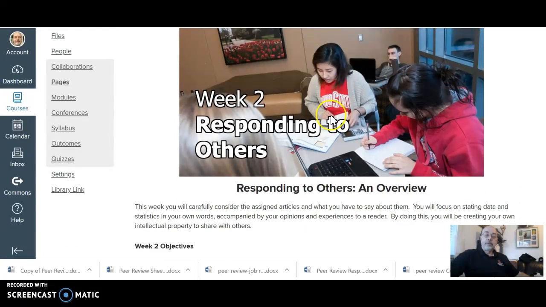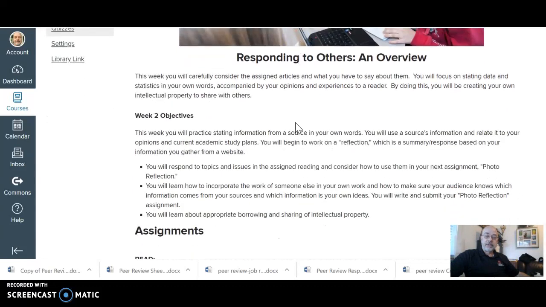You're going to be responding to others in this assignment, just like you do on your discussion boards. Do not forget to post your discussion board questions: a summary first, then the answer to the question, and then respond to one of your peers. But do the summary and the response to the question by Friday night so that your peers in your groups can read yours and respond to yours by Sunday night, okay? Same thing will happen this week with a different thing.